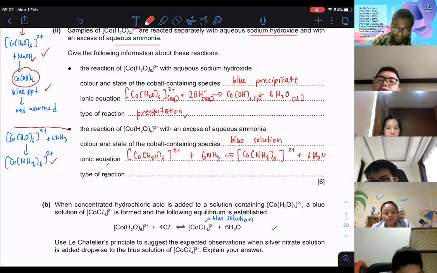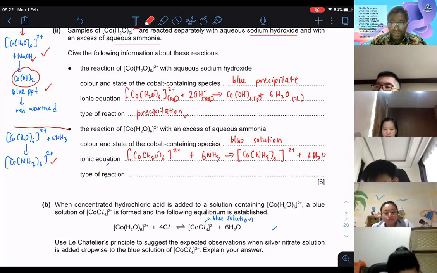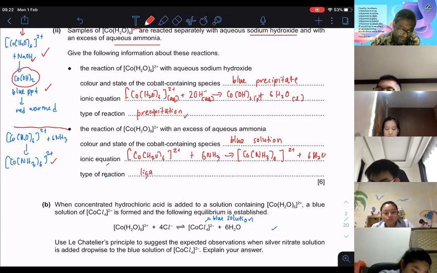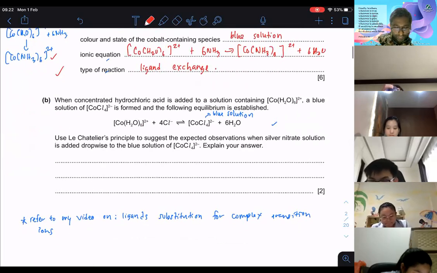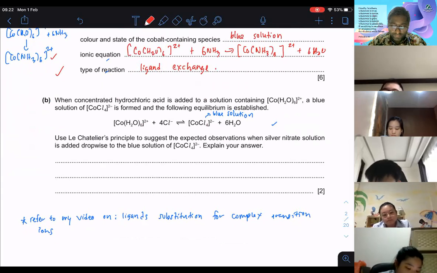So this reaction is going to be an exchange of ligands. The ligands that are involved will be water and ammonia. So we call it ligand exchange. Okay. Done. Now, furthermore, related to cobalt, when concentrated hydrochloric acid is added to a solution of